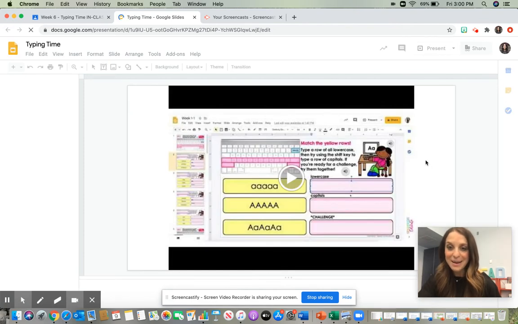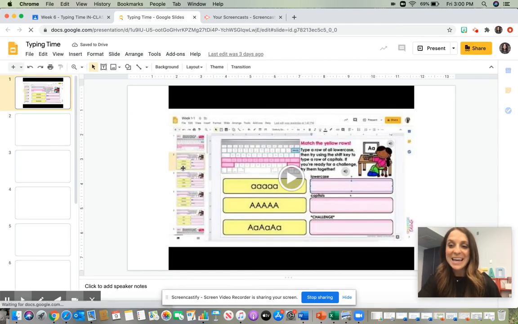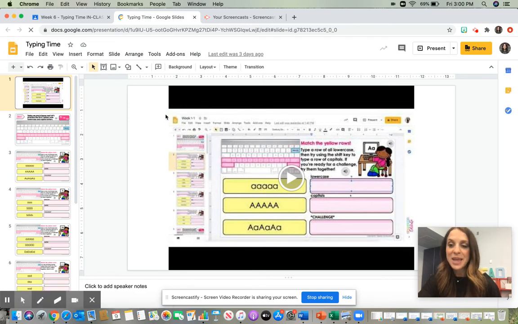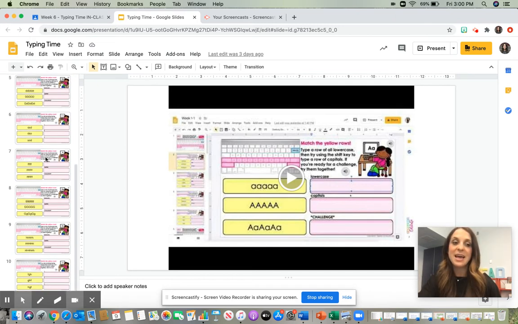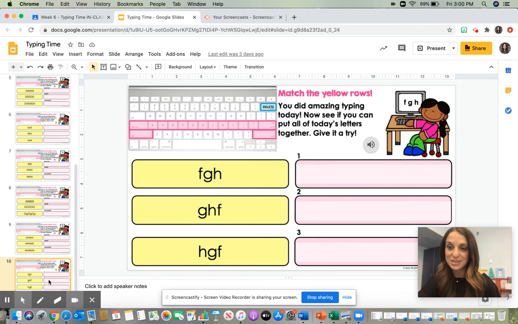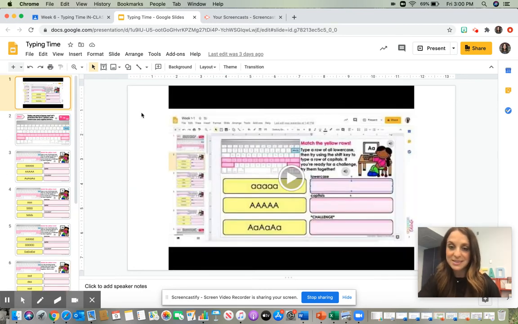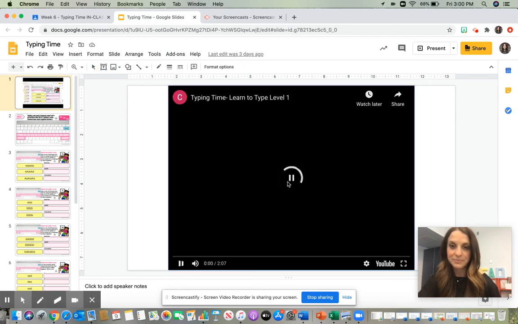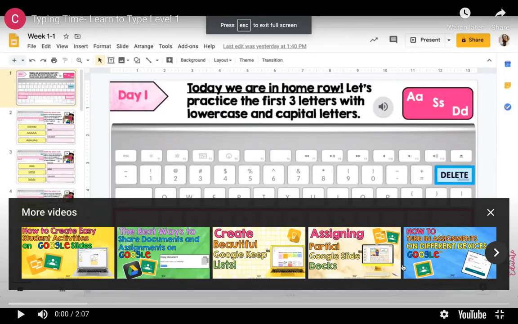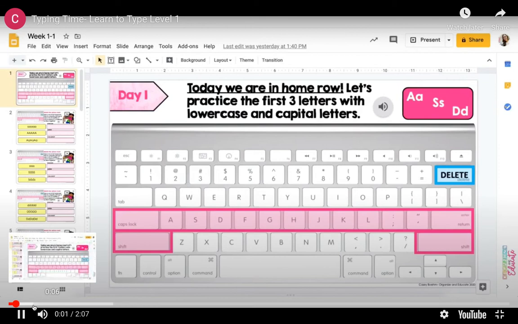And the great thing about this assignment is that it gives you a whole video of directions on how to complete it. After watching this video, you're going to go through all of the activities and stop when you finish the activity on slide 10. So here is some information on how you complete this assignment. I'm going to show you different tools that you have on your slide and how you can work through your